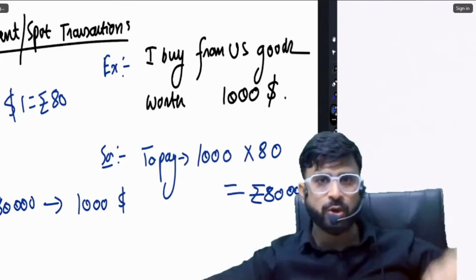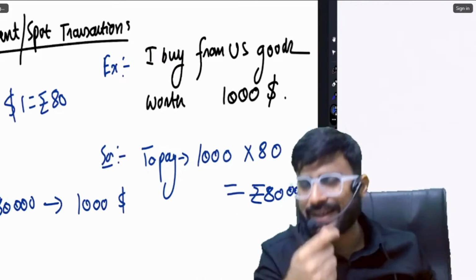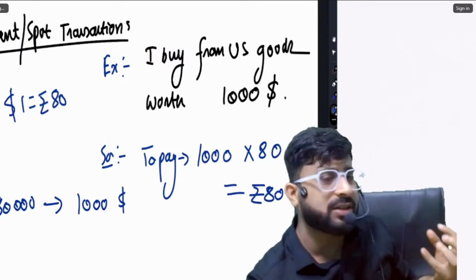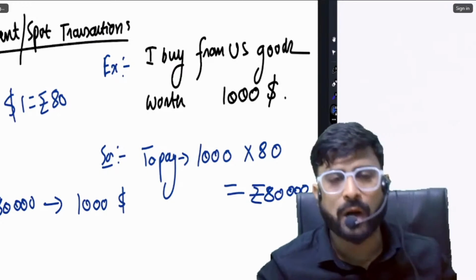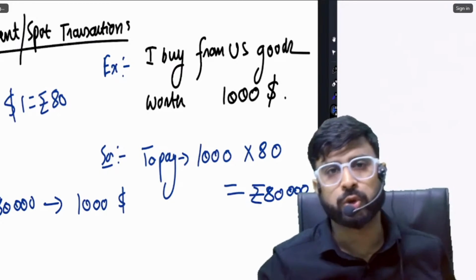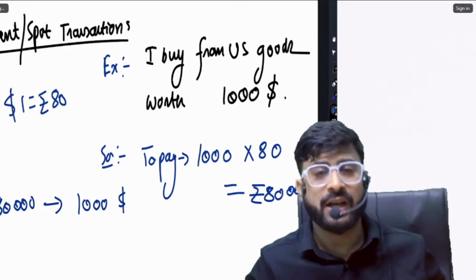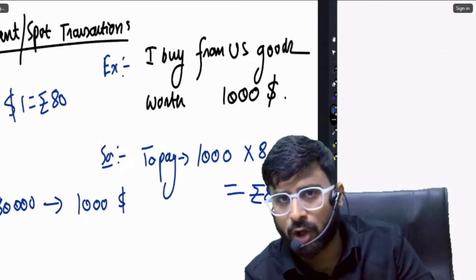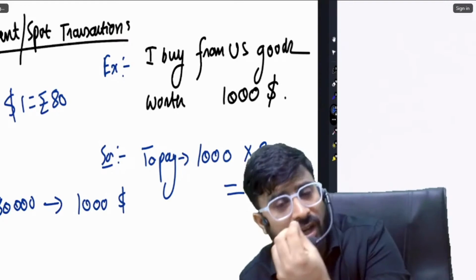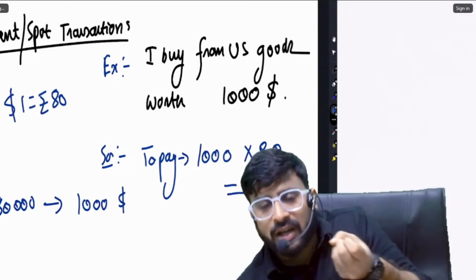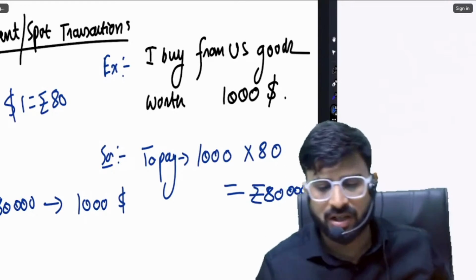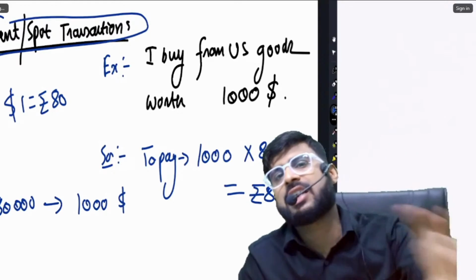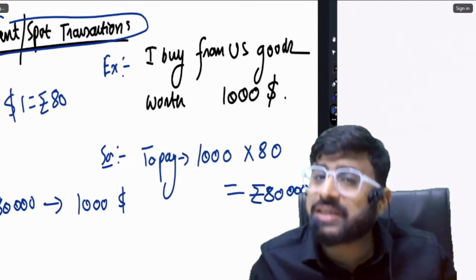तो जो हुआ वो अभी हुआ। अभी मैंने $1,000 दिया और अभी मैंने 80,000 लिया। ऐसा ट्रांजैक्शन जो होता हुआ आपको नजर आ रहा है, इसको मेरे दोस्तों हम लोग करेंट ट्रांजैक्शन बोलते हैं। Friends, the kind of transaction that you see here, where I give the delivery of rupees and take the delivery of dollars, such a transaction in reality is called current transaction or spot transaction, and the market is called spot market or current market. Is that clear, everybody?